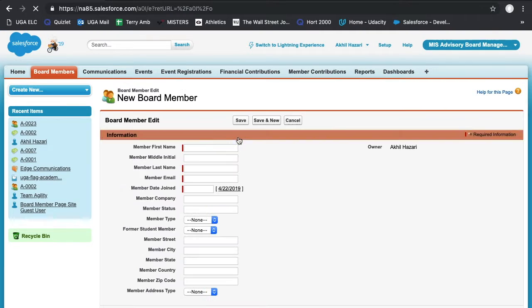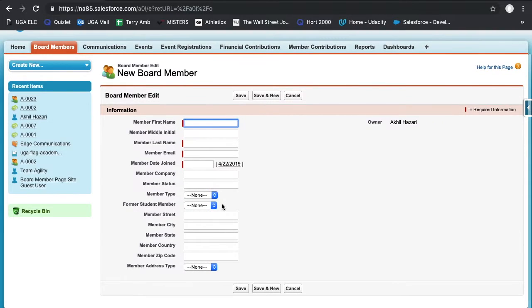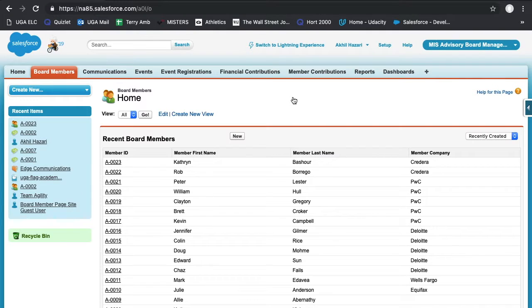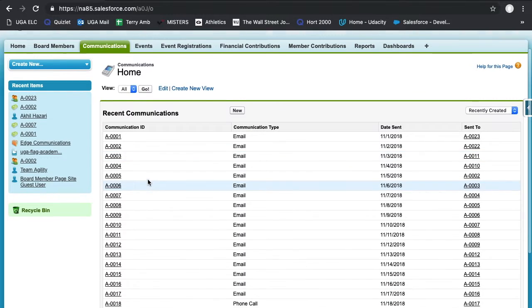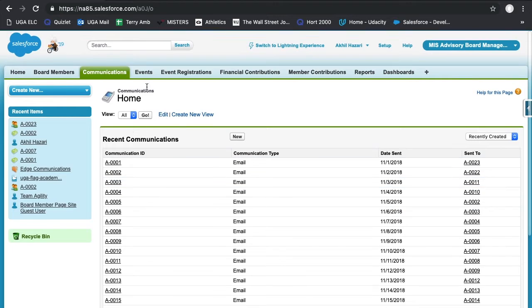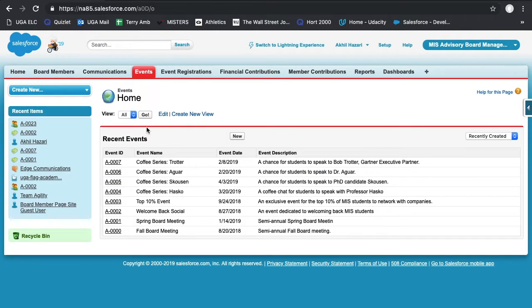So if you want to create a new one, you would click New. And you'll see each one of these custom fields that we have developed for the system. So they go from long text types, pick lists, dates, numbers, any type of field that you can think of we've probably used in the system. So just quickly going through, I'm going to cancel that. And each one of these tabs is going to be very similar for each class. So you can see each record for communications, events,